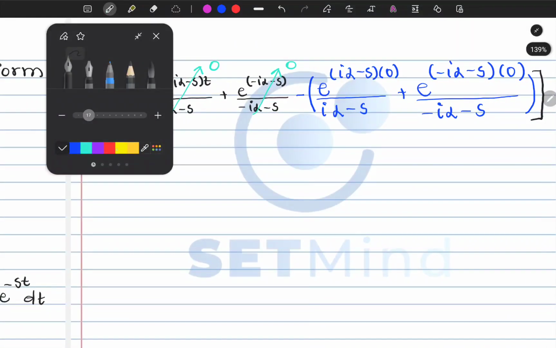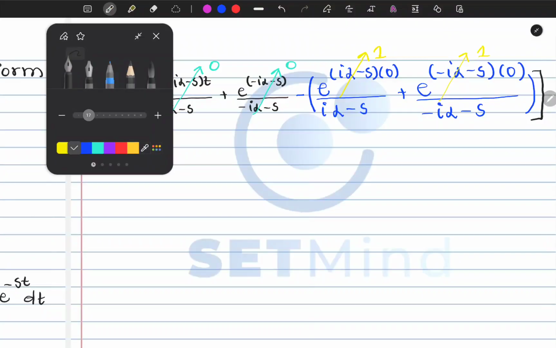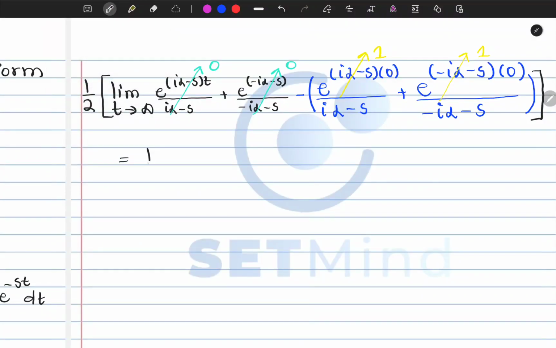So the numerators, you know that e to the power of 0 will always give you 1. Even that portion will give us a 1. So it means that the answer which we have is 1 over 2 into, if you look carefully, 1 divided by i alpha minus s plus 1. So remember, there will be a negative because of that negative. So I'll take that negative outside here,